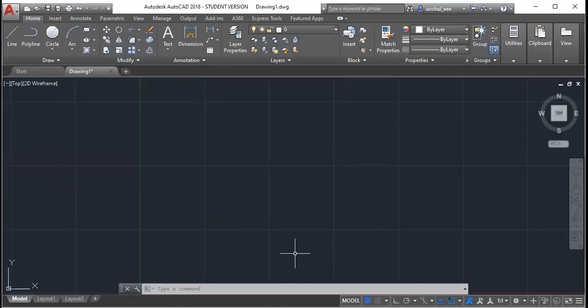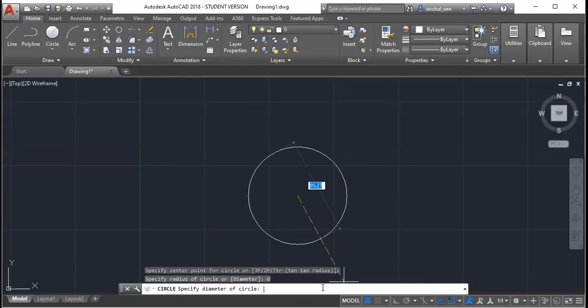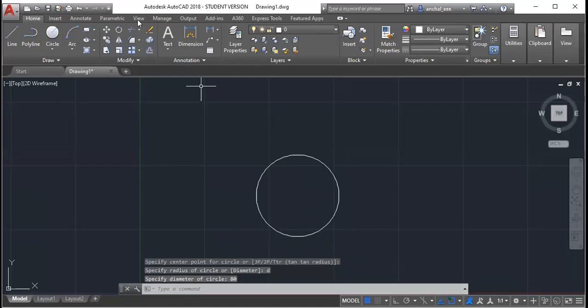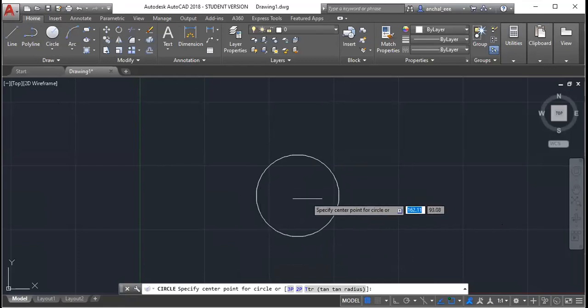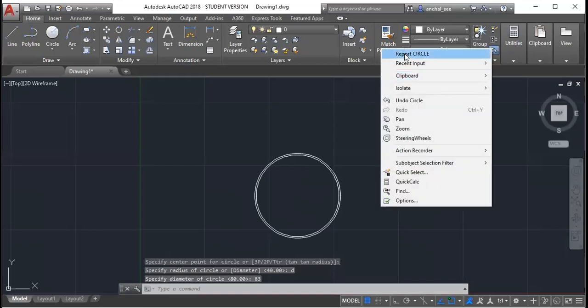So we will draw a circle anywhere with the dia of 80 mm. We have drawn the circle of dia 80 mm, and then I will finish all the circles first. Again with the center point, with the dia, we will draw the inner of the LV winding. The inner of the winding is 83 mm, so 83. Then again repeat the circle.